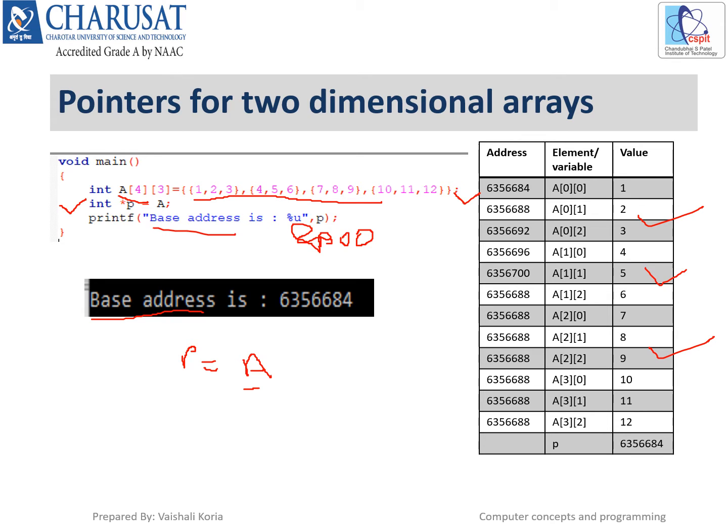That's why we have shown this kind of memory representation. We have also discussed that the pointer variable itself is a variable, so memory will be reserved to store the value of p also. Suppose the address of p, where the address of the first element of the array is stored, is this address; any address can be assigned, but the value of that pointer variable is the address of a[0][0].